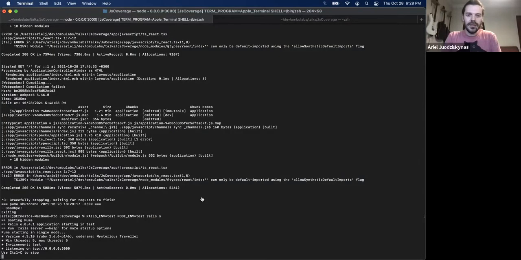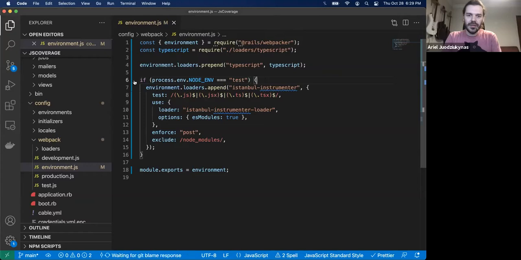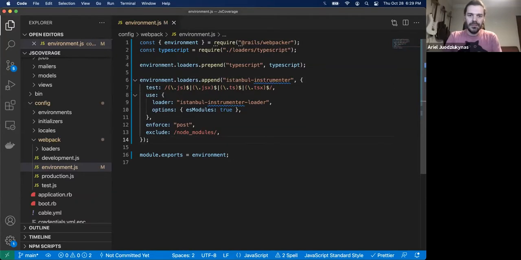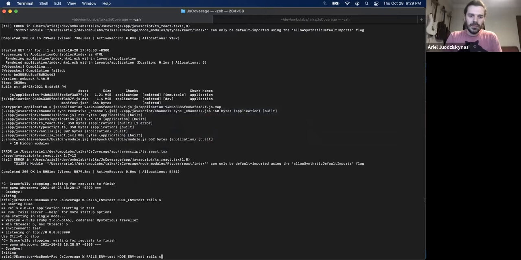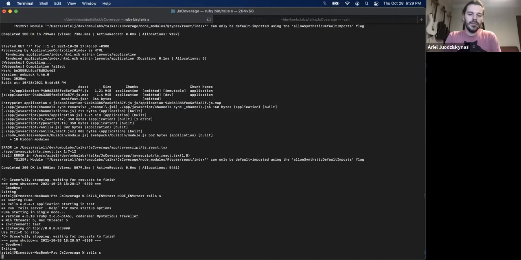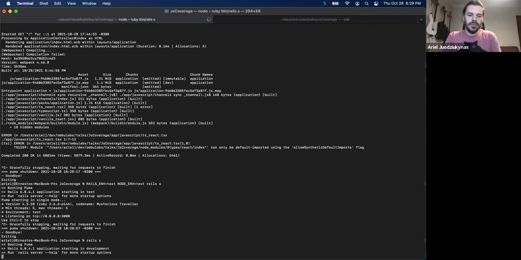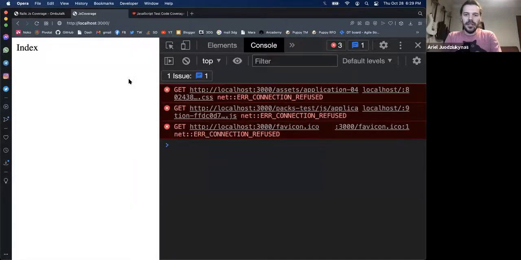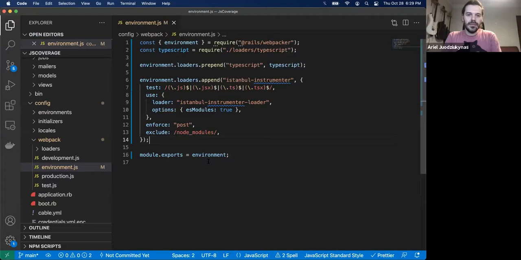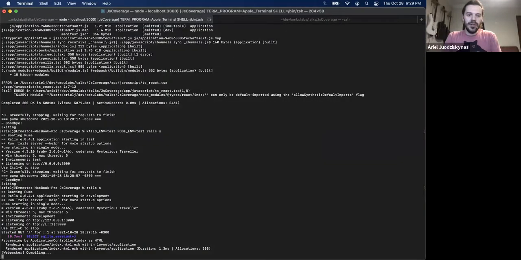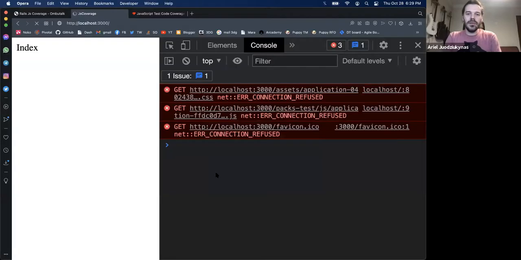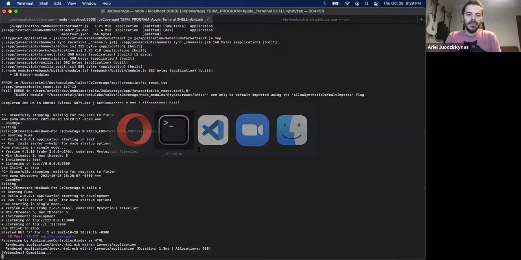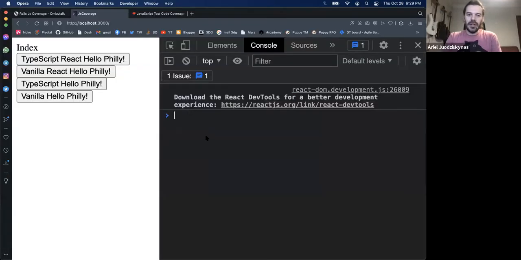Doesn't like the test mode. Let me change this. Just find this every time. Have the application running. Now it's compiling the JavaScript because we have the instrumenter now. So you have to recompile everything. Okay, now we have the application. And if we check the